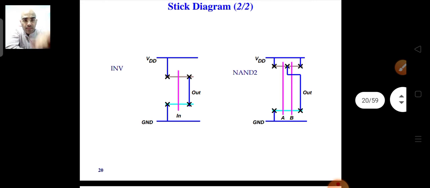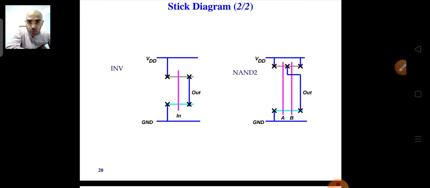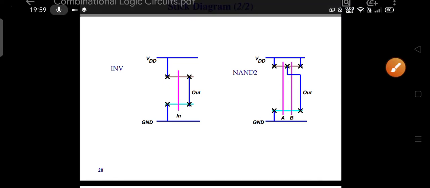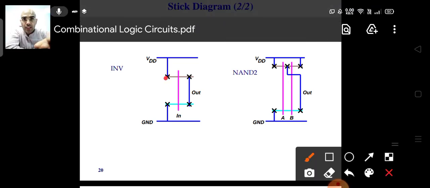So you see, the blue line is for your first metal interconnects. One line is coming from your VDD, and this line is coming up to this connection. So this is a contact. And then you can see there is an active region. So this is your active P region, okay. Then this is your active N region.